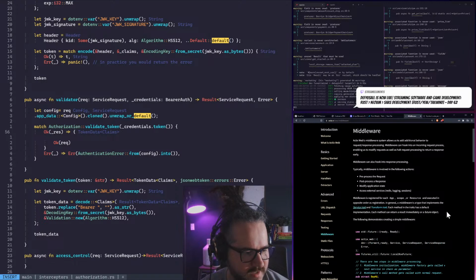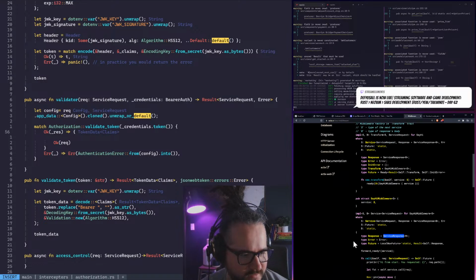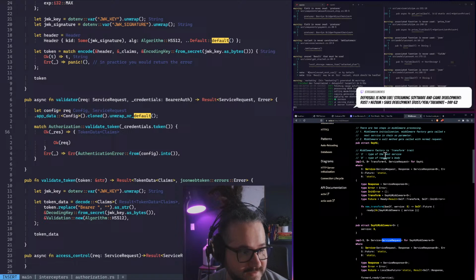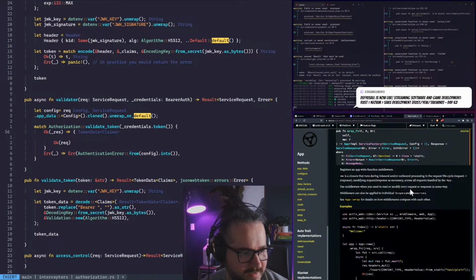General middleware is a type that implements the service trait and transform trait. Each method in the trait has a default implementation. Each method can return a result immediately or a future object. Following demonstrates creating a simple middleware. We already read this. This is a service request and this is a service request as well. A simple use case, you can use a function wrap. I mean, it's tempting, but